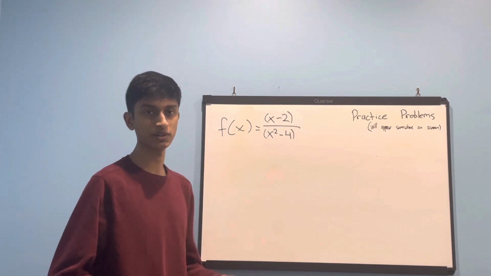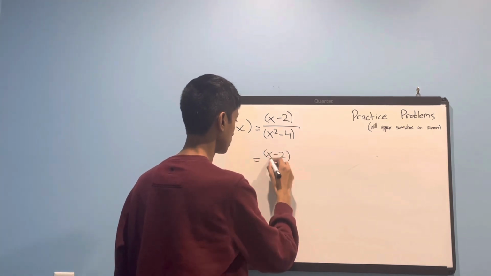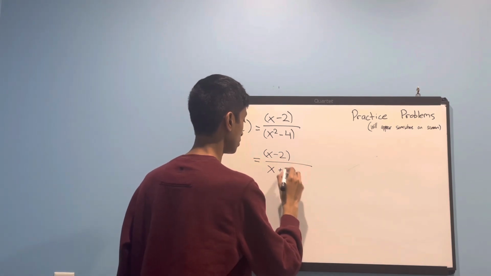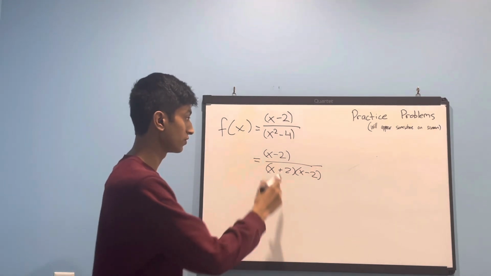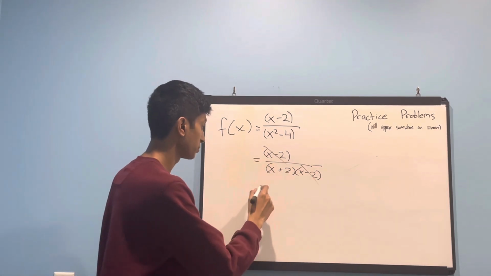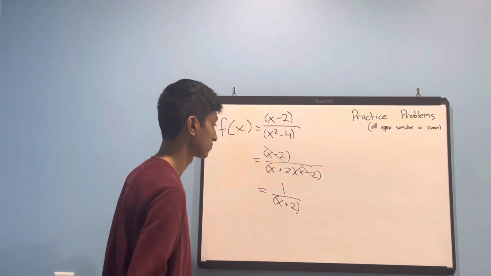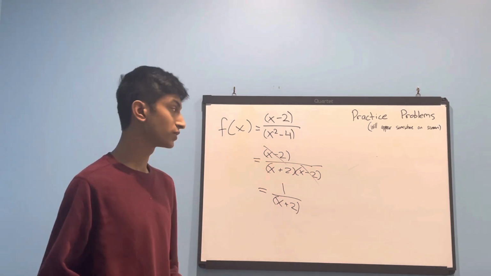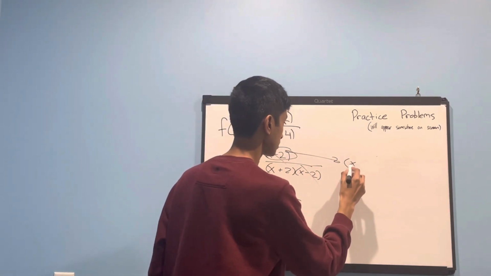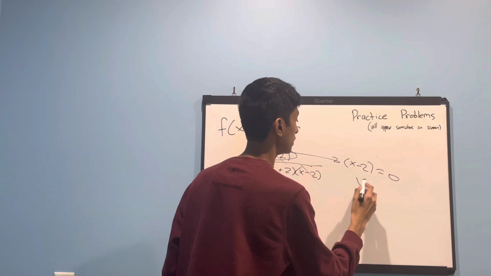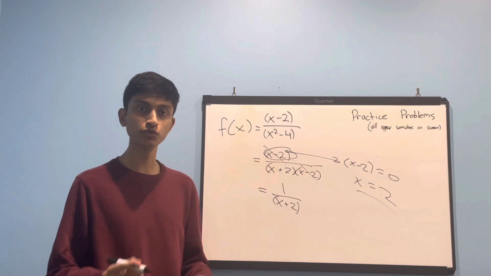So let's find all the discontinuities of this function. We can simplify this to x minus 2 over x plus 2, x minus 2. Now, we can remove this part, and we simply get 1 over x plus 2. Now, this has a removable discontinuity at x equals 2, and we can just use this, x minus 2 equals 0, x equals 2, and we remove this entire polynomial from the function, so that means it's a removable discontinuity